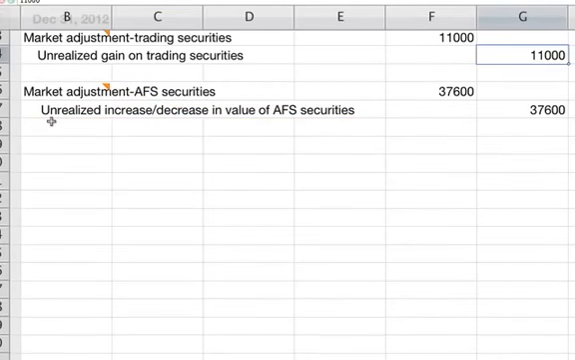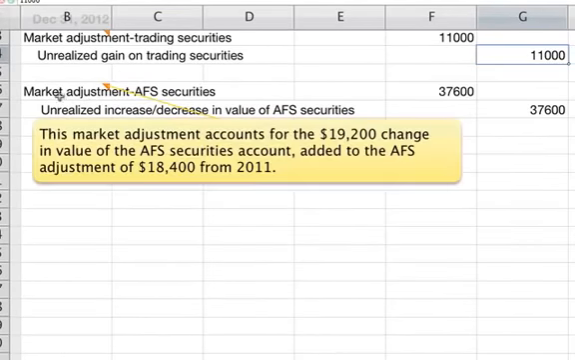For the market adjustment to the available for sale securities, this is a market adjustment that accounts for the $19,200 change in the value of the AFS securities account. And you add that to the AFS adjustment from $18,400 that happened in 2011, and that gives